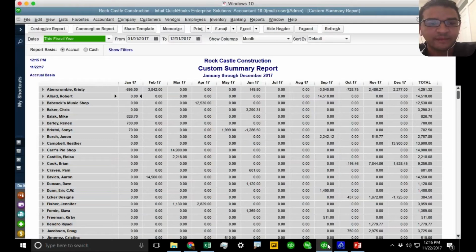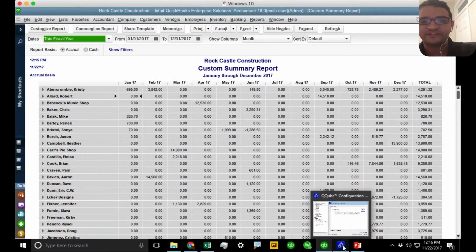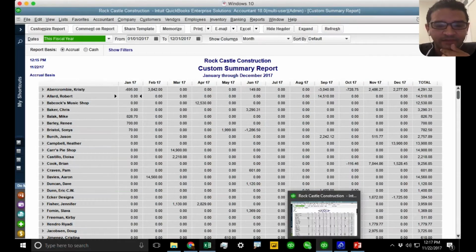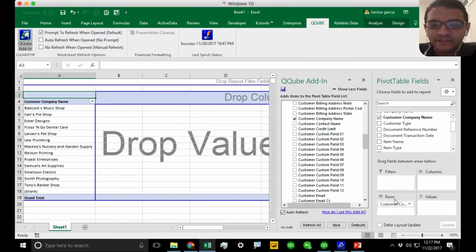And that should mimic what we're seeing here. I haven't run any filters yet to tell it what kind of data I want, but that's what I'm doing. I'm putting the customers on the rows in this case. Let me go back to Excel. Okay, so there's my customer name, and then I'm going to come up here and look for